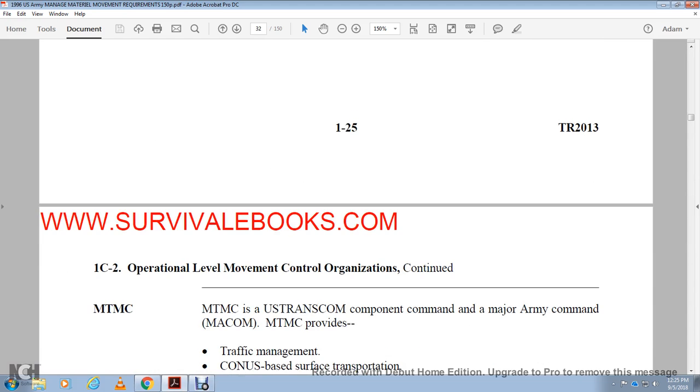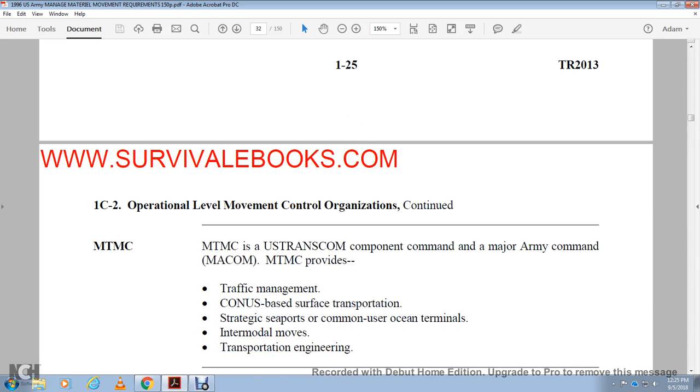The Military Traffic Management Command is the U.S. Transportation Command component with a Major Army Command, MACOM. Military Traffic Management Command provides traffic management based on transportation, strategic support, common user, the ocean terminals, intermodal,